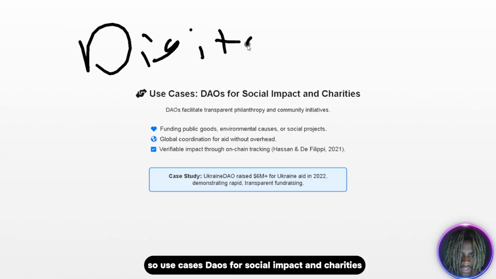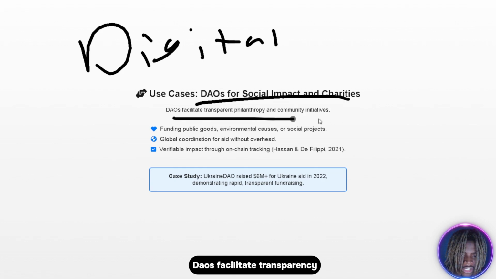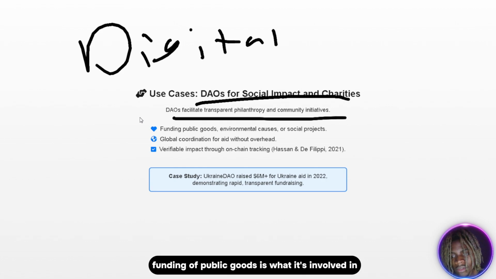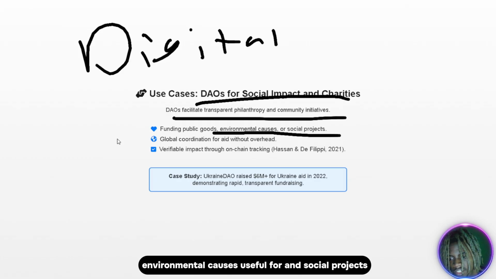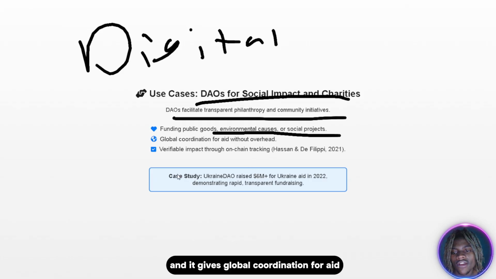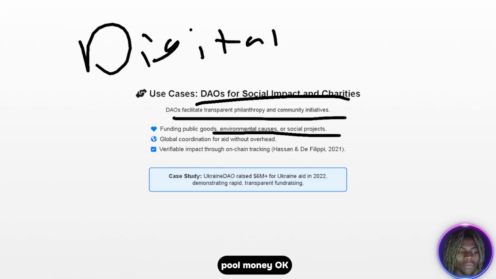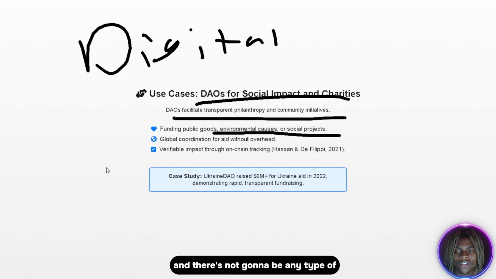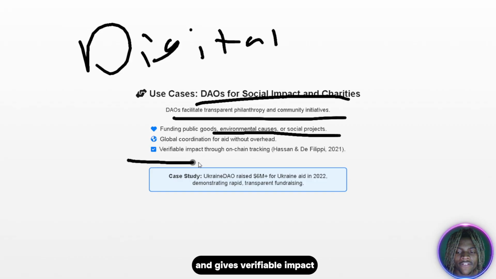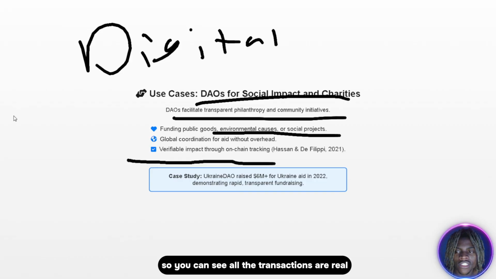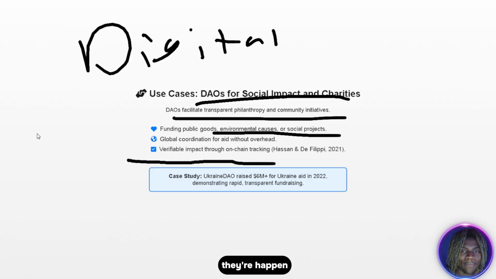Okay. So use cases, DAOs for social impact and charities. DAOs facilitate transparency, philanthropy, and community initiatives. Funding of public goods is what it's involved in, environmental causes, and social projects. Once again, very community-based. And it gives global coordination for aid without overhead, so everyone can come together, pool money, okay, and there's not going to be any type of centralized organization trying to control everything. And it gives verifiable impact through on-chain tracking, so you can see all the transactions are real, they're happening, they're verified,